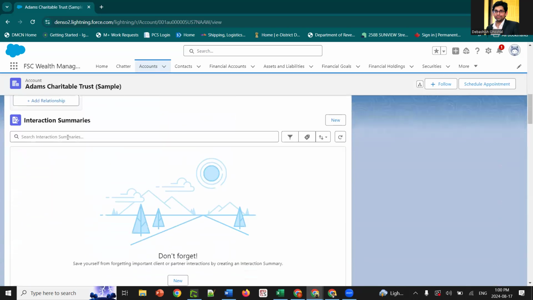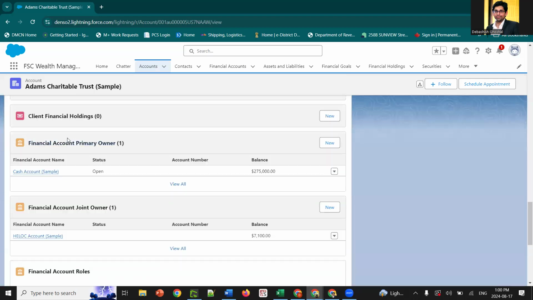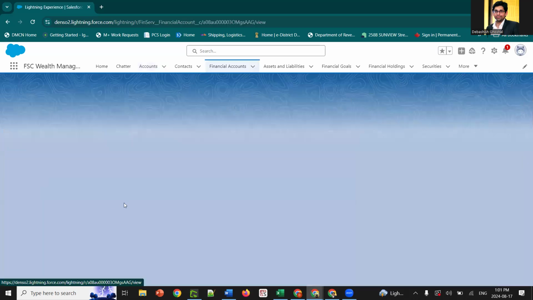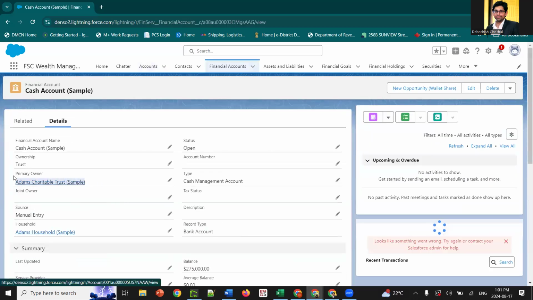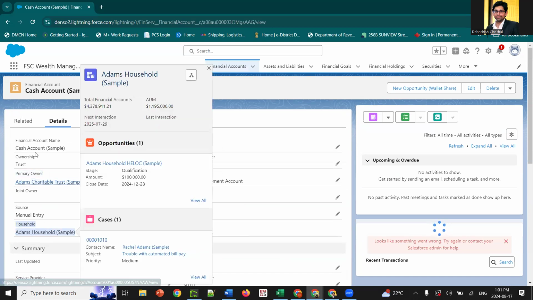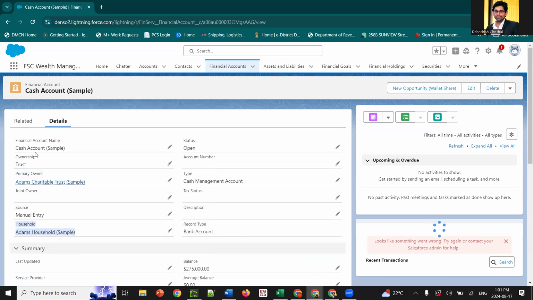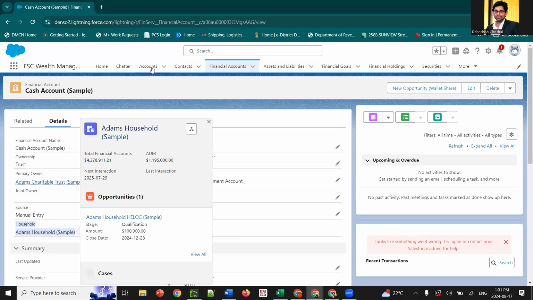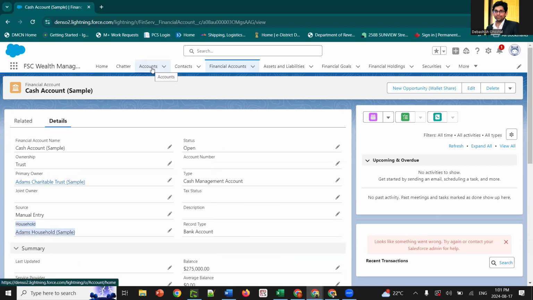And over here, as you can see under the related section, this particular charitable trust owns a cash account. So as you can see, the primary owner over here is Adam's Charitable Trust, and then the household is automatically populated because there's a background process in Salesforce FSC, which will automatically populate the household if you have correctly defined the relationship